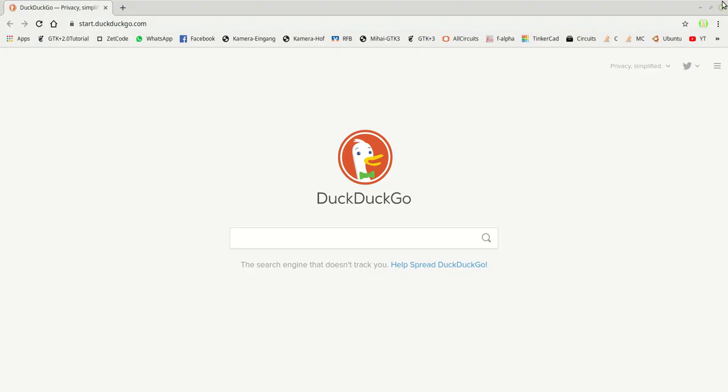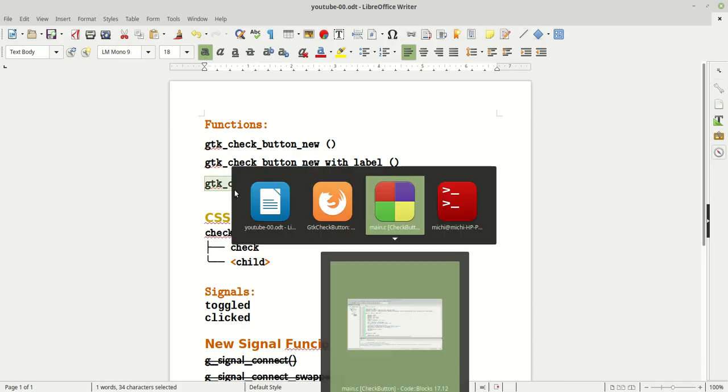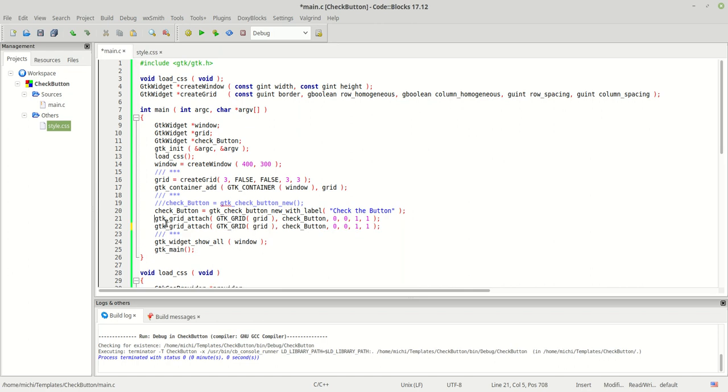Okay, so that being said, let's call this function. I will comment this out because we don't need it anymore, and with mnemonic set, yes. So you know that to create a mnemonic, we need to put this underscore in front of one character which we want to be the mnemonic character, so it doesn't really have to be C. You already know. I mean, now when I run the program